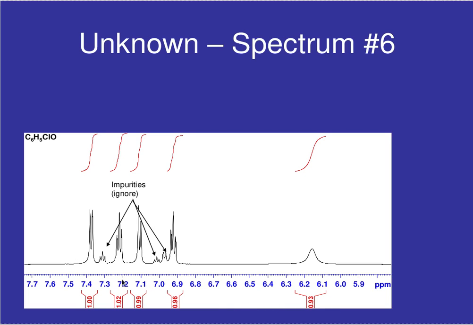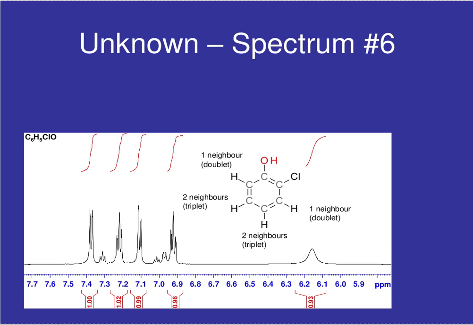So we've got 4 protons in the aromatic region. Notice that 2 of them are triplets and 2 of them are doublets. So 2 of them must have 2 neighbors and 2 of them must have 1 neighbor. And there's only one way to do that, and that's with the orthochlorophenol. You'll see as you go around, if we place the OH and the Cl on the ring like so,